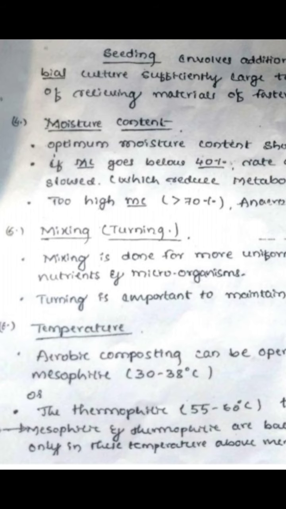Next we talk about the control of pathogens. Controlling the pathogenic organisms is very important in designing the composting process. The effect will be greater with temperature, and the aeration process will be more effective. Next we will go for the pH control.